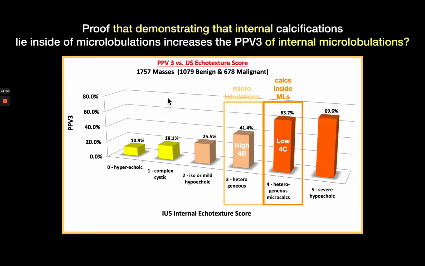So if we look at the PPV slope for echo pattern, and we say that 3 is just heterogeneous echo pattern, whereas 4 is heterogeneous internal echo pattern with specific microcalcifications, we can see that heterogeneous echo pattern alone has the PPV of a high 4B. 4B is greater than 10 and less than or equal to 50. But we can see that by specifically placing the calcifications inside of microlobulations, we get into that low 4C. So we get an approximately 22% pop in our PPV if we can actually place the microcalcifications inside of microlobulations